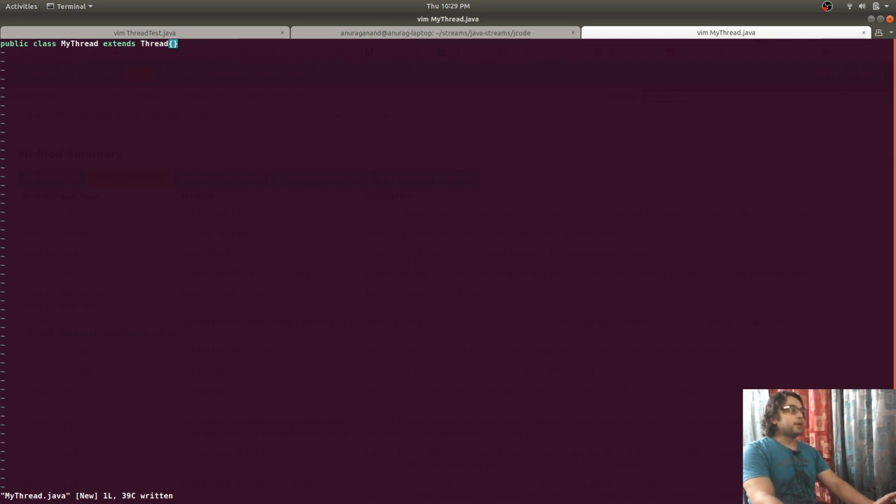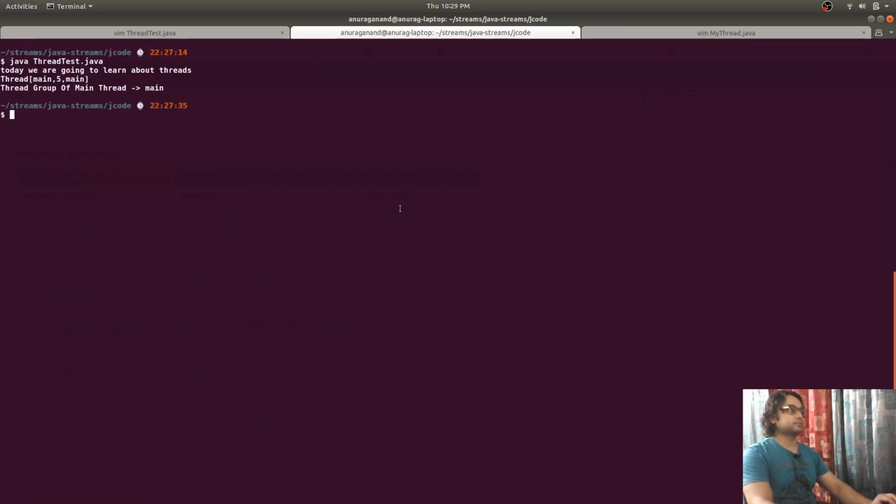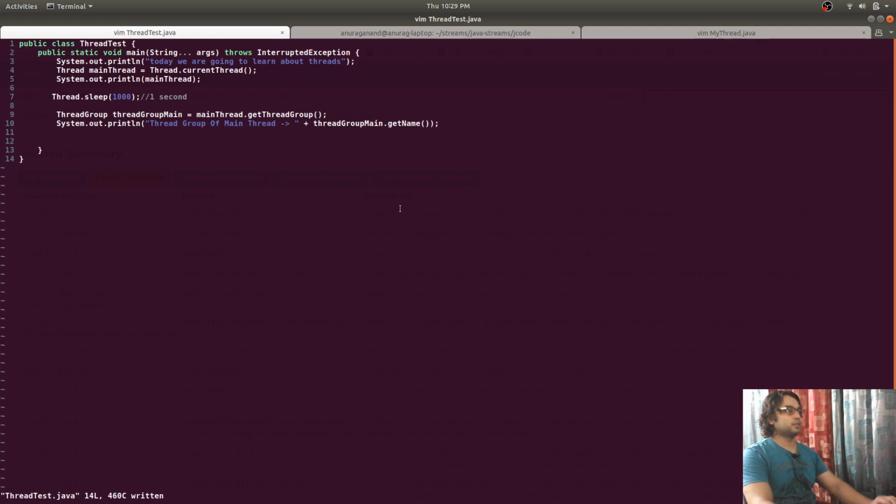This is a perfectly valid implementation. We don't need to do anything else, just extend Thread and your work is done. I'm going to remove all of this.